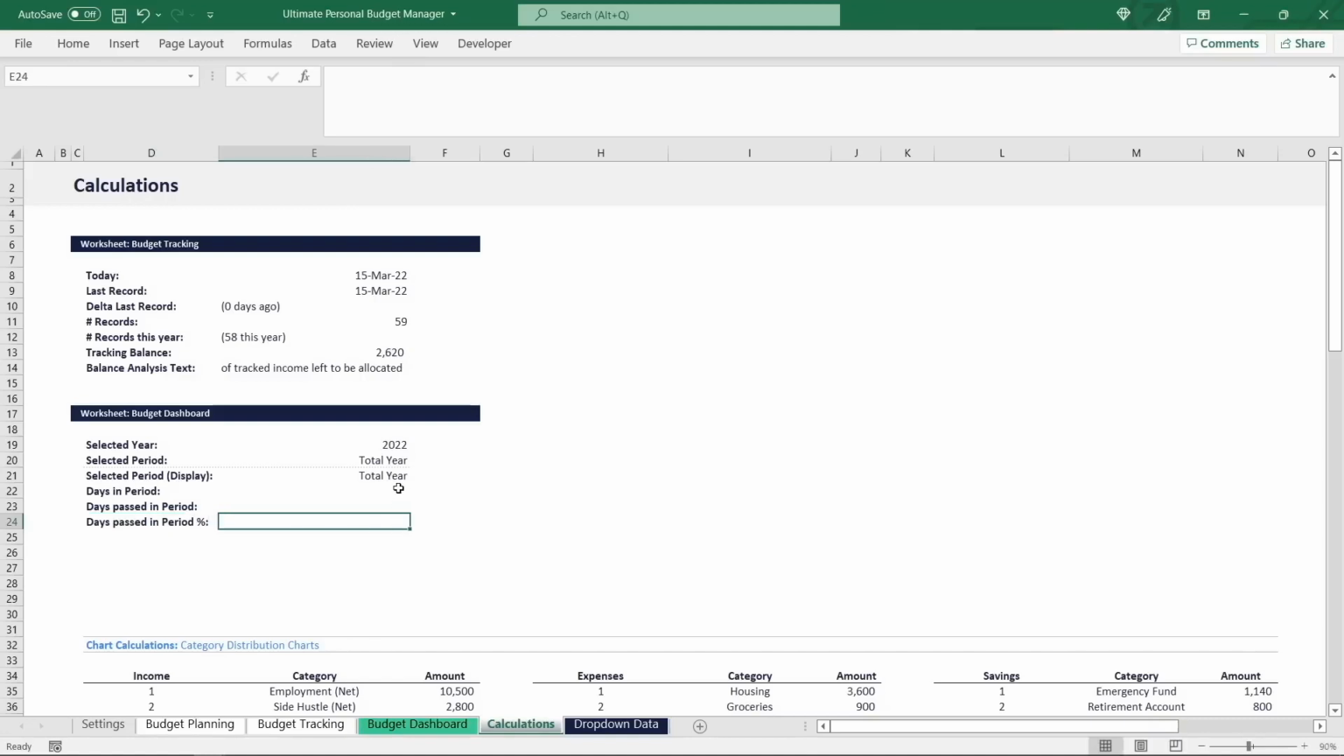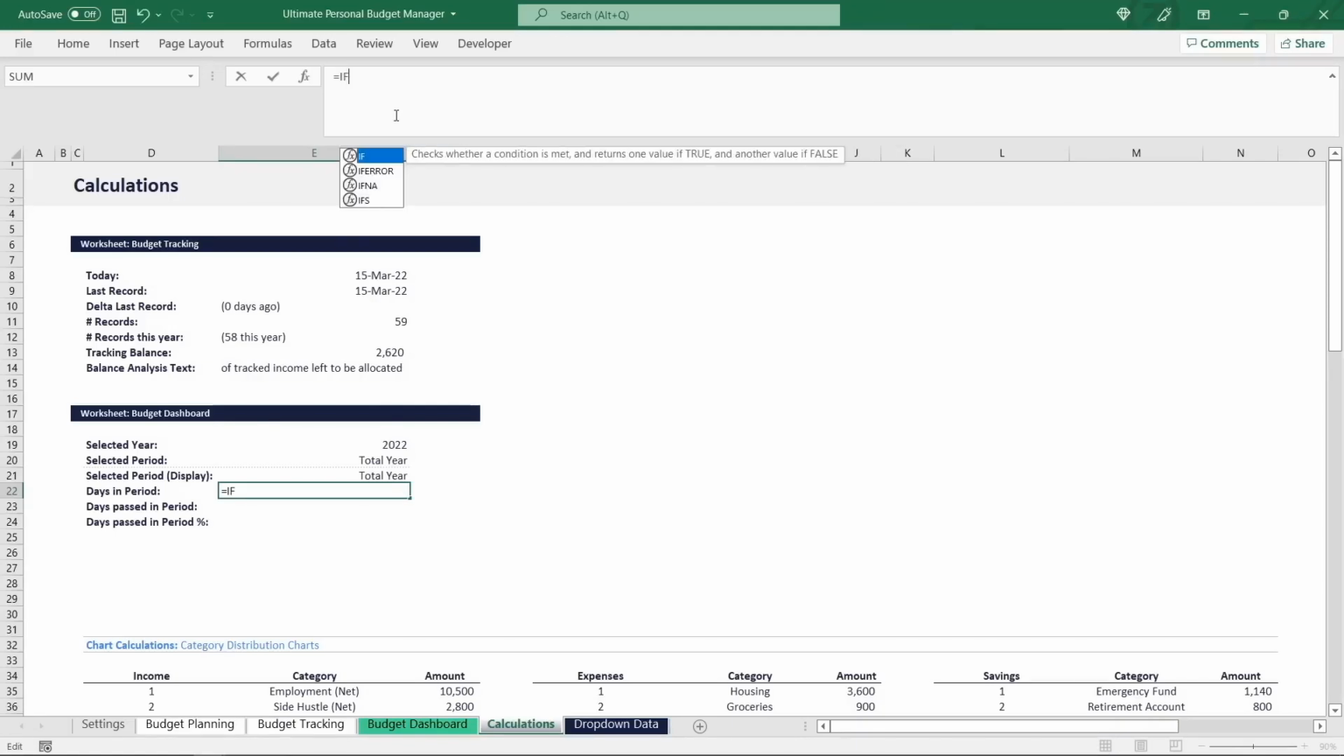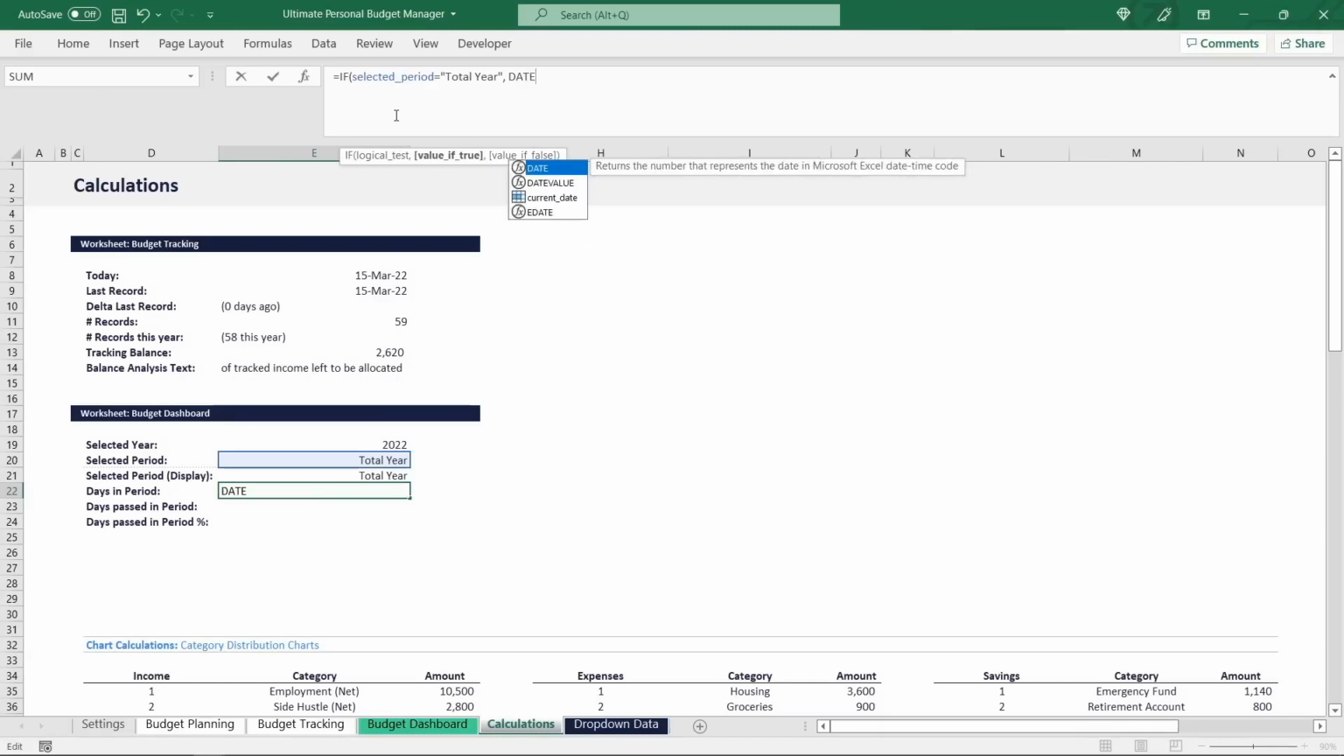For the calculation of total days in the selected period, we need to differentiate between the calculation of days in the total year and days in a specific month. If the selected period is total year, then we can determine the number of days in the total selected year by composing a date for the last day of the selected year, which is the 31st of December,